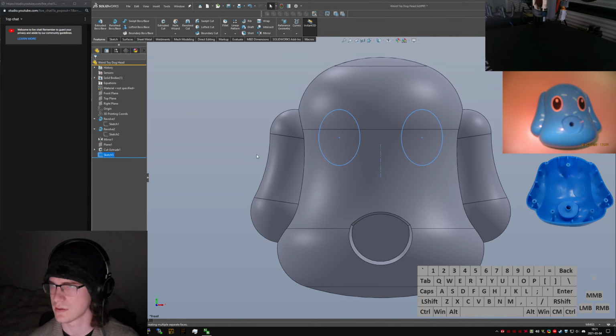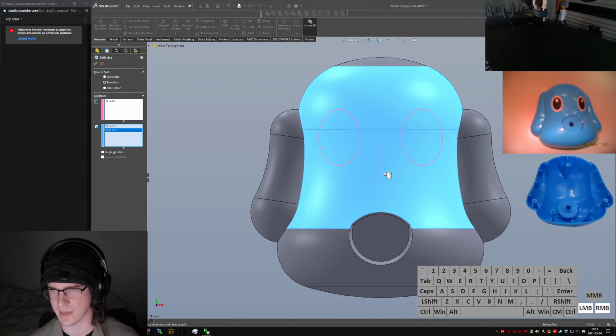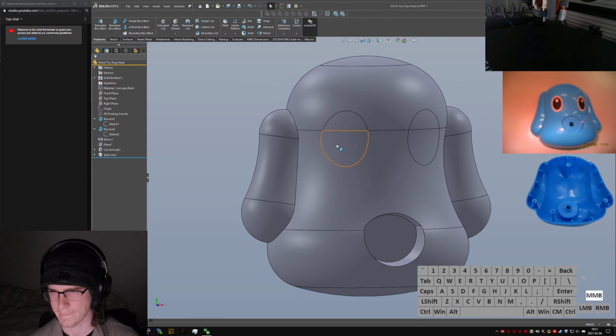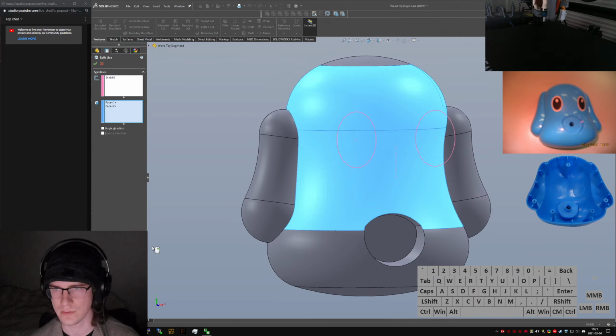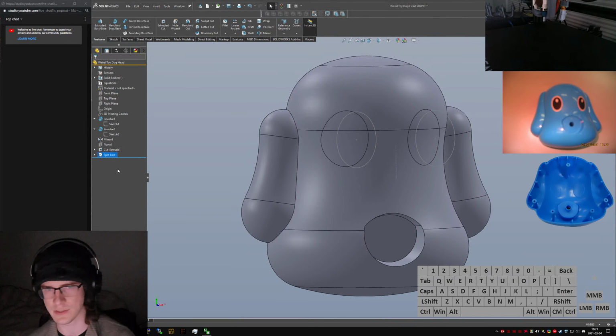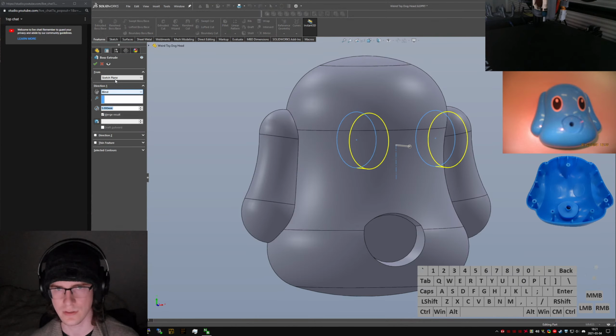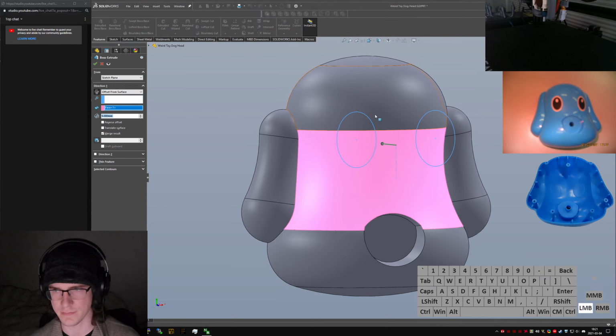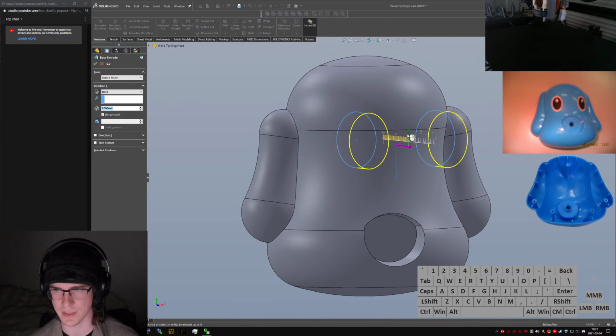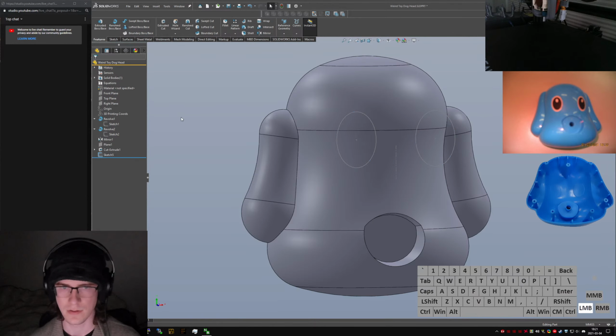Split. Actually, do I want to do a split line? I think I'm going to try a split line, and we're just going to kind of see what happens. Ooh, actually, rather than using a split line, there is extruded, let's see, offset from surface. Looks like I can't do both of these surfaces at the same time. So I'm going to do a quick